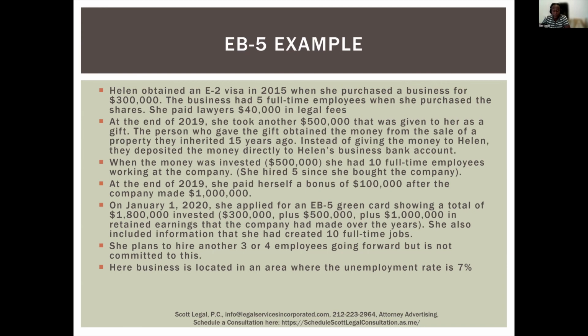So if you invest money, let's say right now we're up to her investment being 500,000, right? So let's say she was closer to the 800,000 or something like that. If you invest money but then pay yourself salary or bonus, that could be problematic, because the government will say that you haven't actually invested the 800,000, or the amount that you need to. So any distributions, you have to take into account when you're looking at whether the person has invested the total amount of money. And then, of course, as we said, the $1 million of retained earnings doesn't count. And it's nice that she doesn't want to hire any more employees, but she definitely is going to have to.